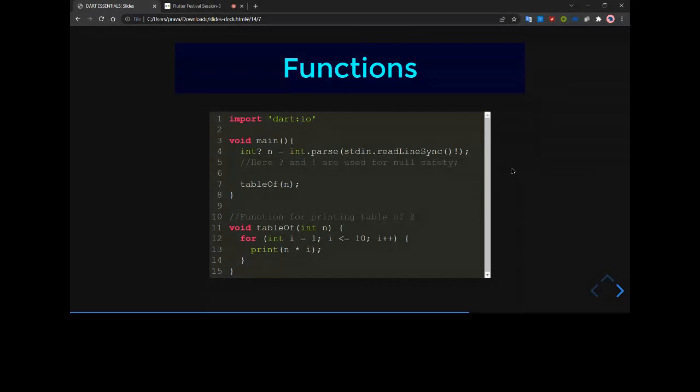In the Dart programming language, you can take standard input from the user through the console by the use of the readLineSync function. Okay. To take input from the console, we have to import a Dart library named dart:io, which is imported here. Okay. It is imported to use this statement readLineSync. So